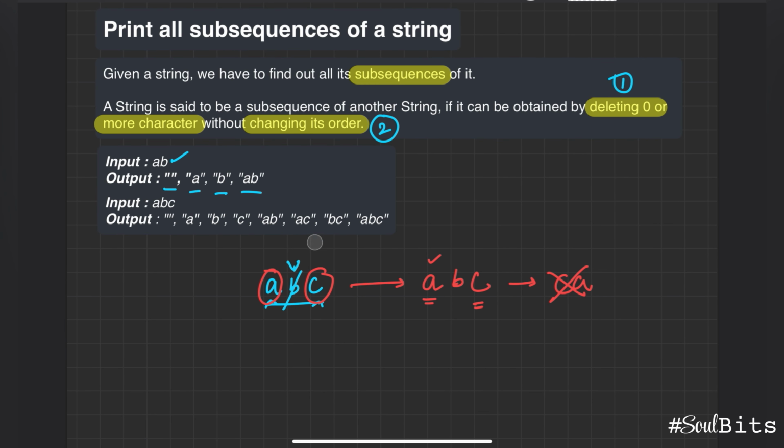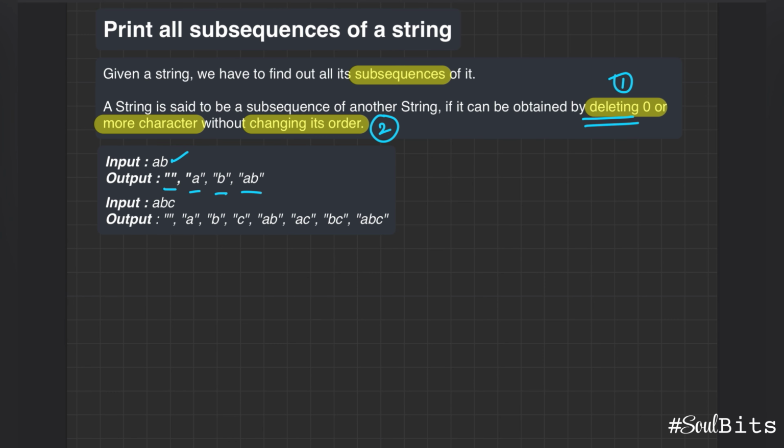Now, before moving on to the approach, how about we think about choosing the characters, which means that if I'm trying to generate an empty string, instead of saying that I delete all the characters, I can also say that I do not choose any character here. And similarly, if we're trying to make the subsequence A, we can say that I choose character A. And so goes for B, C, and all the other characters. We're just changing the verbiage here so that we are in a better position to understand the approach for solving this problem.